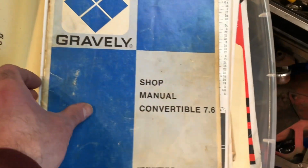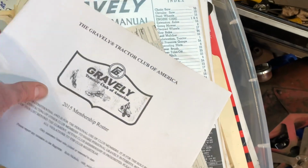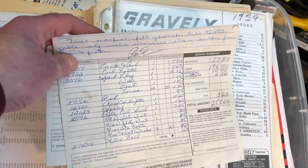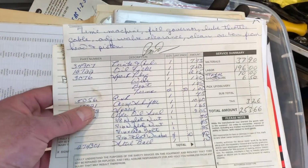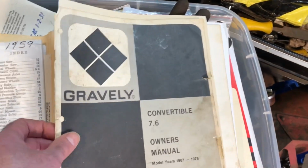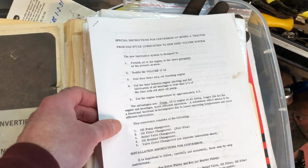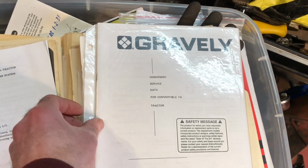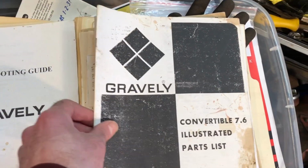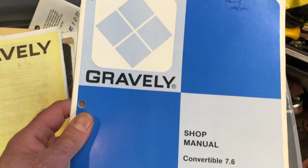Looking in it, he had shop manuals. He had a Gravely Tractor Club of America membership, 2015. He had some old bills that he had paid, or old invoices for work he had done, all tune-ups and stuff. Instruction manual. Another service catalog, in a little rough shape, but still doable. Instructions for conversion of Model L from old style lubrication to high volume. It's not really a folder, but there are some other service manuals and troubleshooting guides that he got from Richards. He also had copies of Gravely's condensed data. A lot of this stuff I already had, but here, as you can see,